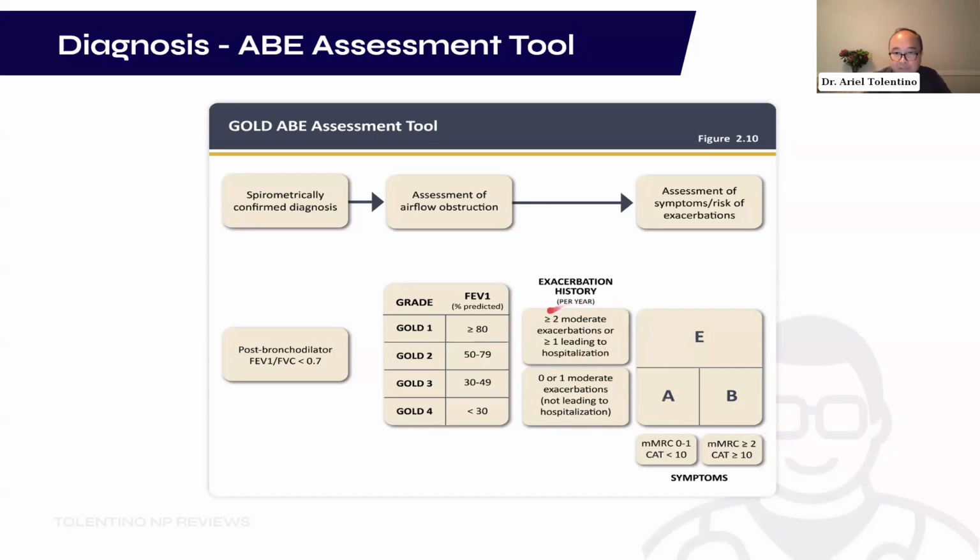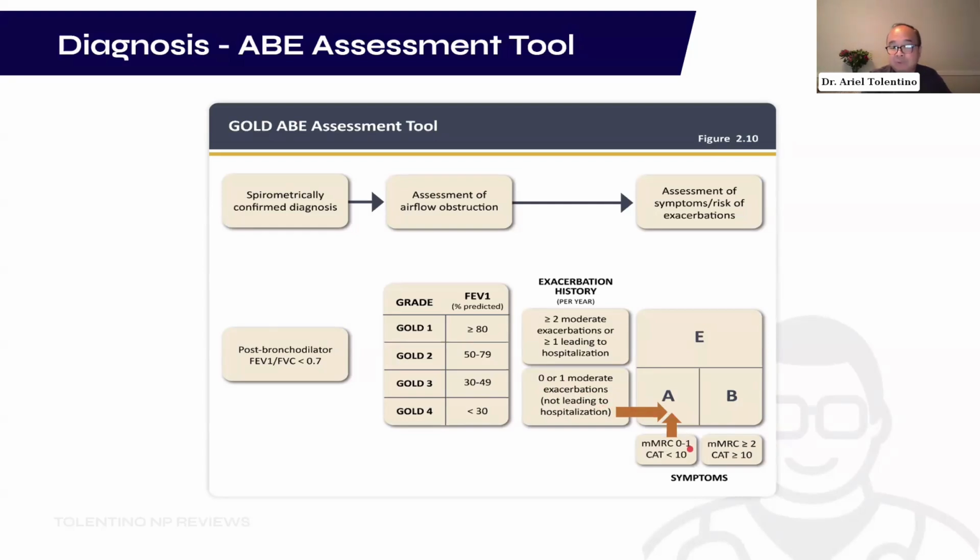tool. On these boxes, you see the exacerbation history. On the top box, that would be 2 or more moderate exacerbations in the previous year, or 1 or more leading to hospitalization. Okay. And on the box below, you have 0 to 1 moderate exacerbations, and none of those exacerbations leading to hospitalization. Now, we know that it is an A if this box below, which says 0 to 1 moderate exacerbations and none of those exacerbations leading to hospitalization, is coupled with any of these